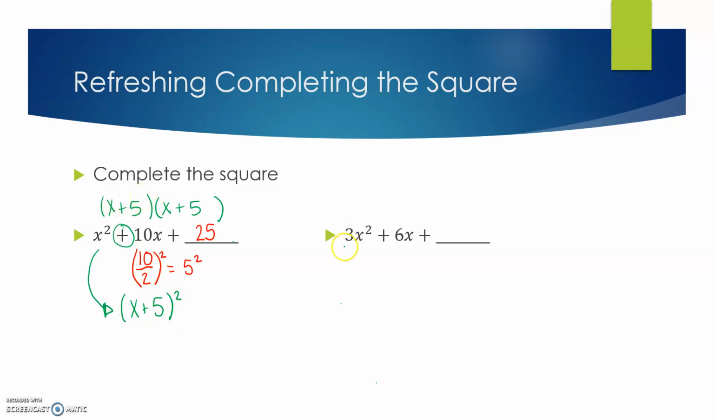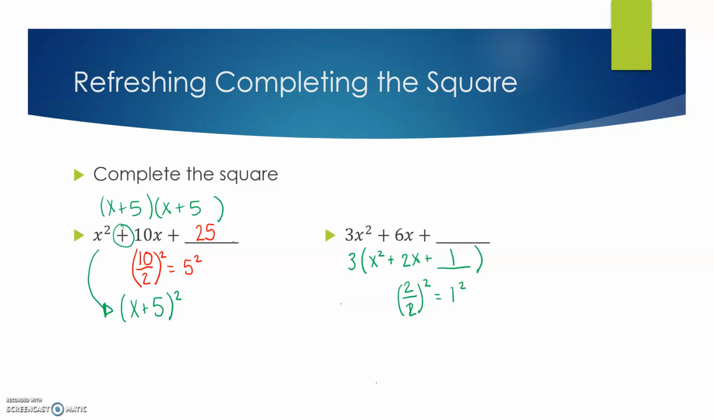So on this one, I have a 3 in front, so I'm going to factor that out. Oh, sorry. And then I'm going to complete the square here, and I'm going to have 2 over 2, quantity squared, I was doing the math in my head, that would give us 1 squared, which is 1. So that would be completing the square,